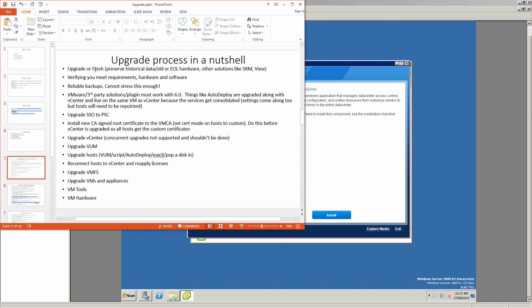When you're close to decommissioning your hardware, that's when you would do a fresh install, and you would definitely do an upgrade if you want to conserve your vSphere data, your vCenter database, and if you have other solutions like SRM and View. Once again, you must verify that you meet all your requirements, hardware and software.